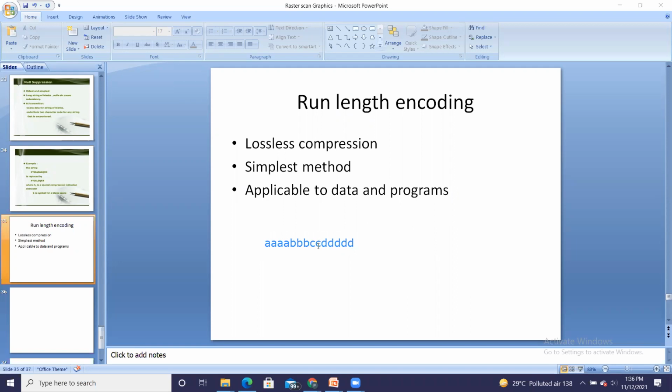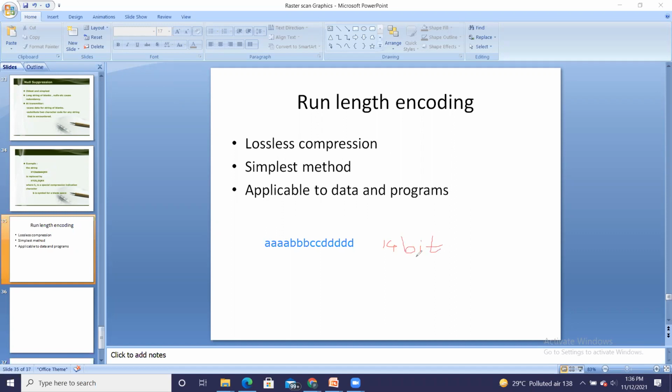So how does the compression take place? To store this string, how many bits are required? Consider that 1 bit is required to store 1 character. So total 4 plus 3 is 7, plus 2 is 9, plus 5 is 14 bits required. Each element uses 1 bit for storage. So ultimately I am going to have a 14-bit requirement in storage.